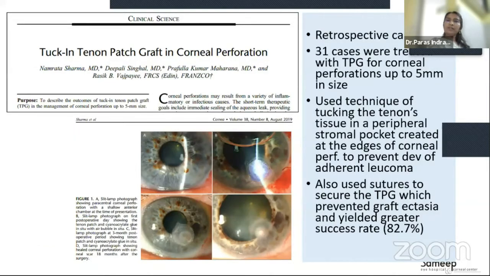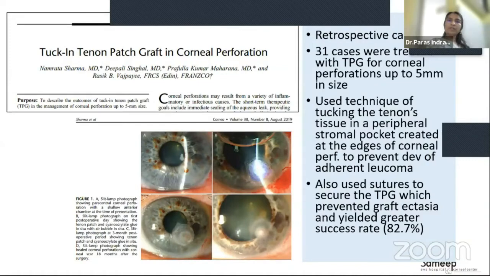If you look at the literature, one of the large series was published by the Delhi group, Professor Mehta Sharma and Rasik Vajpayee. It was a retrospective case series where they analyzed 31 cases. They used the technique of tucking the tenons tissue in a peripheral stromal pocket, which was created at the edge of the corneal perforation to prevent development of adherent leukoma. They also used sutures to secure the tenon patch graft, which prevented graft ectasia and yielded a greater success rate of 82.7%,